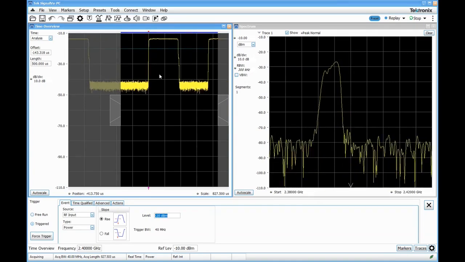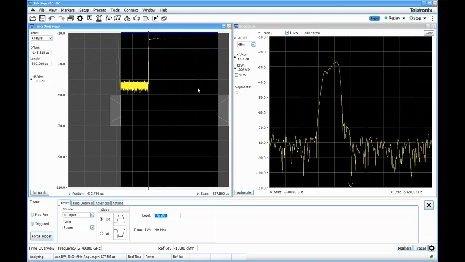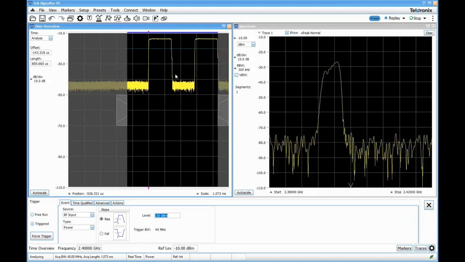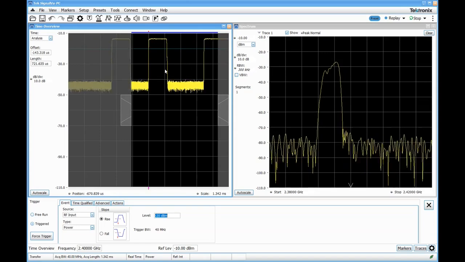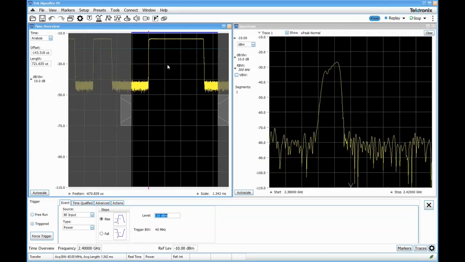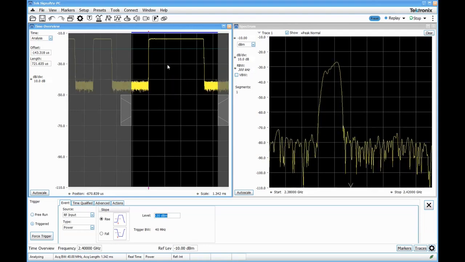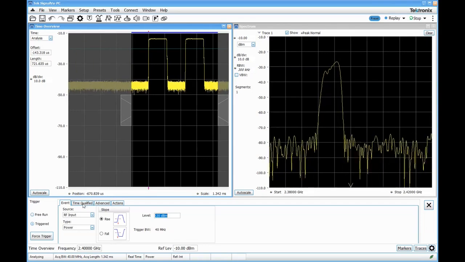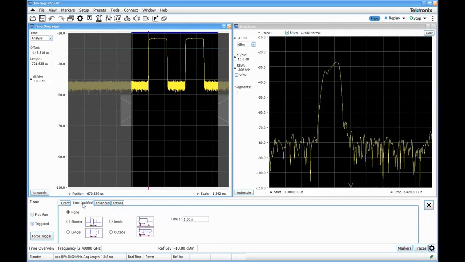And we can see that sometimes we're grabbing a narrow pulse here, and sometimes we're grabbing a wider pulse. There are two different pulse widths that are being transmitted here. So if we want to isolate one of those versus the other, we can go into our time qualified trigger